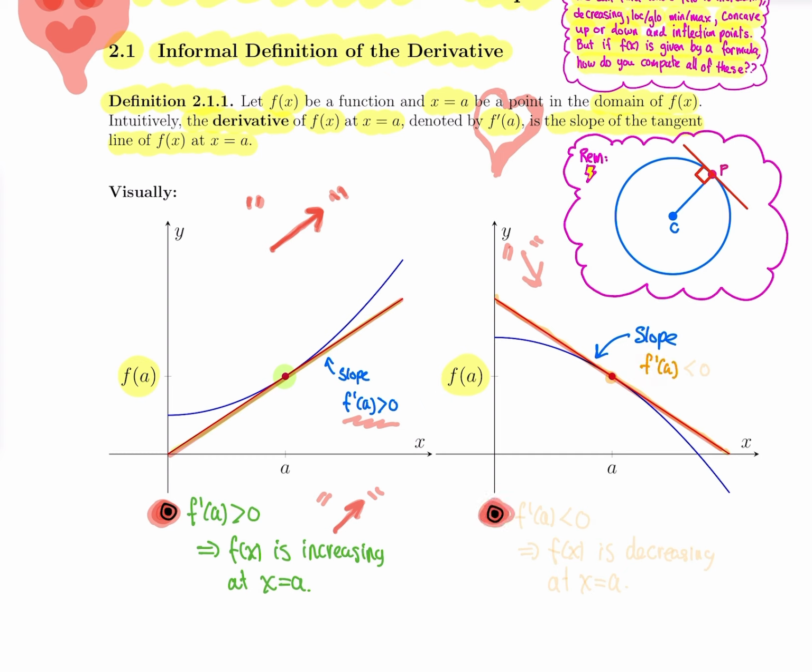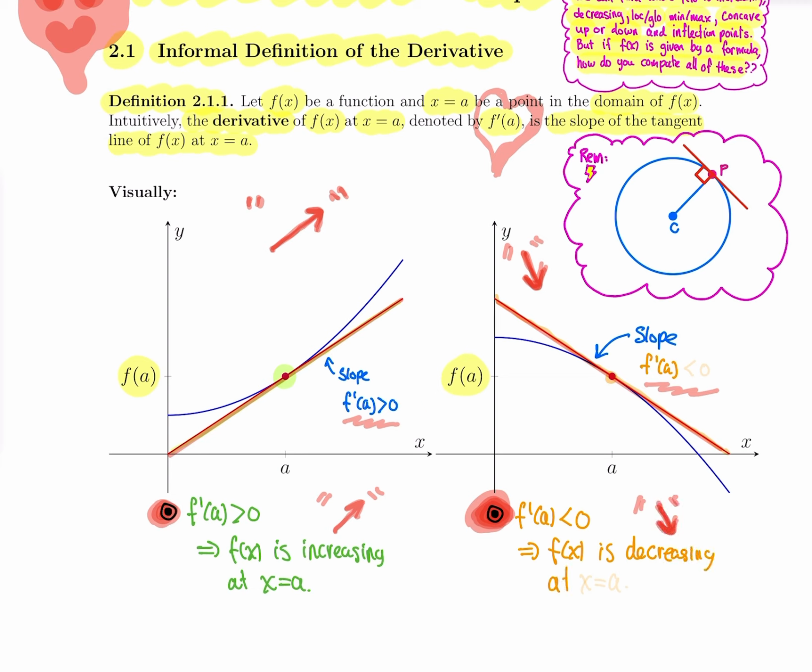So for the function f at a, because we're at a, it's not the same slope depending on where you are on the graph of the function f of x. And the prime, that little dash, is really for that straight line. And here again, another very important link between that slope and what's going on with that function. Here we have f prime of a is negative, and this will always imply that the function f of x is decreasing